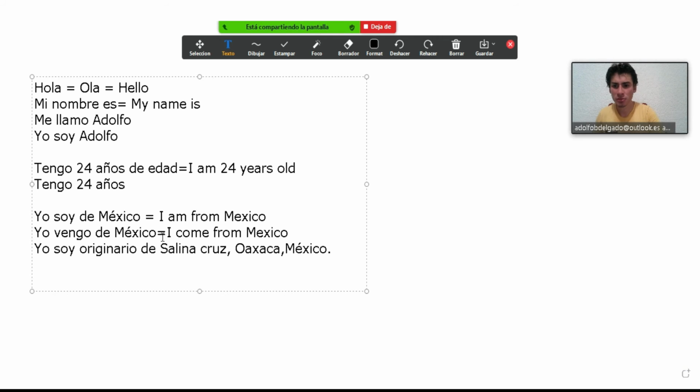Of course, you can do the same with these other options. You can say yo soy de Salina Cruz, Oaxaca, México. You can be specific in that way too. But when you use yo soy originario, in my opinion, you have to be very specific.